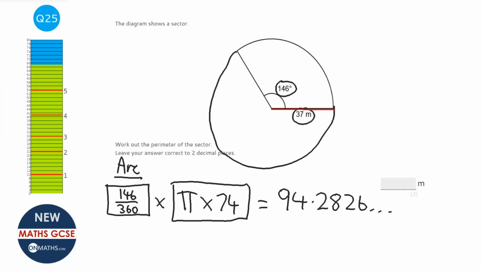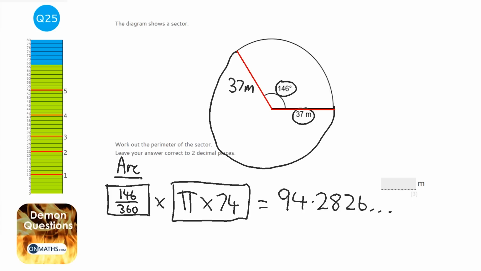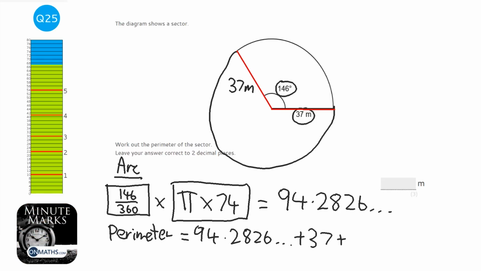Now that's for the arc length, but we also want to know what this distance here is. Well, we've already got that one. And what this distance here is. Well, they are both radiuses, or radii we call it. So that's also going to be 37 meters. So to work out the perimeter, I'm just going to get that 94.2826 and so on, and I'm going to keep it in my calculator, and I'm going to add 37 and add another lot of 37. So add 37, add 37, and that gives me